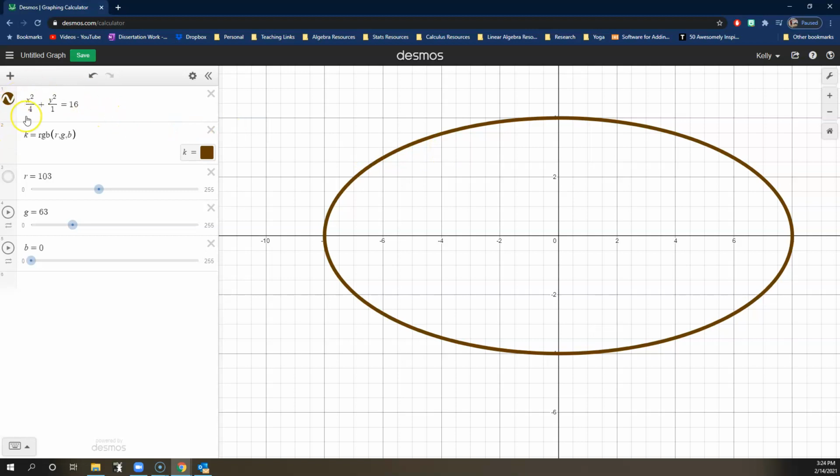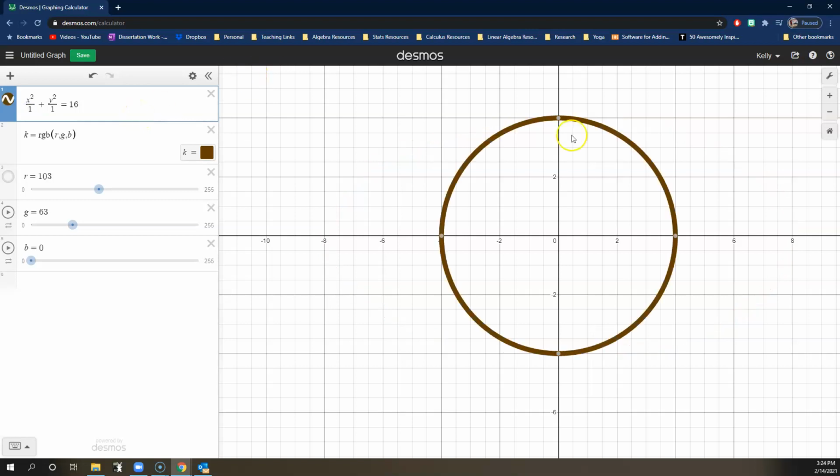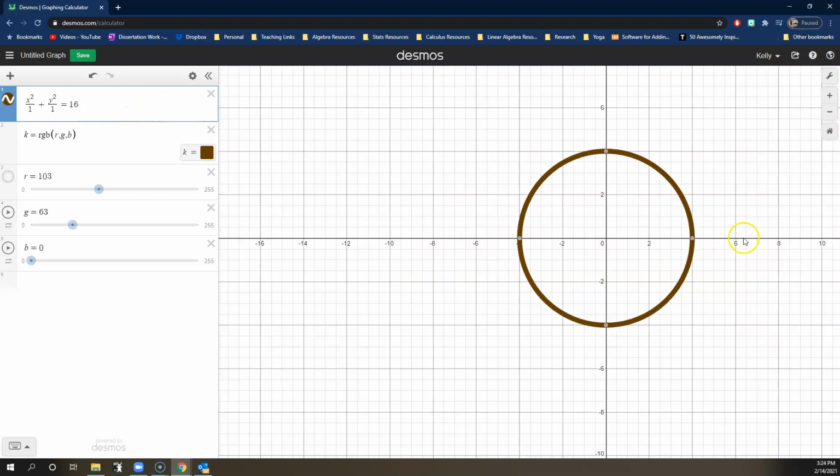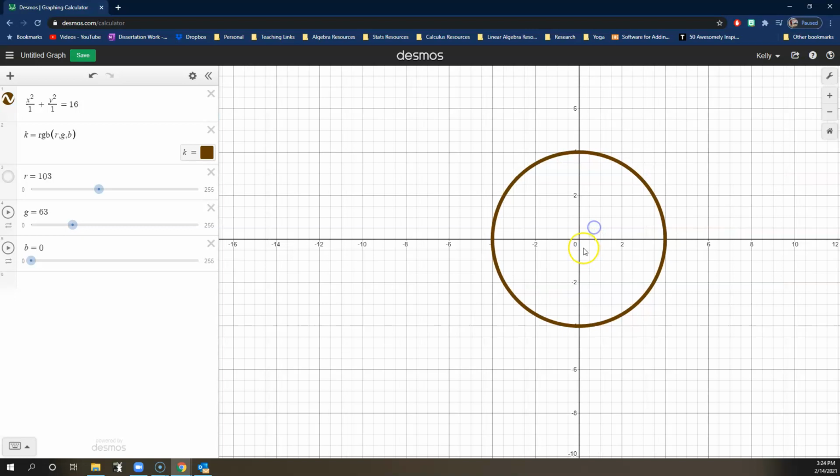Here I'm starting with an ellipse, which technically is a circle with a vertical, or in this case, I guess we have a vertical, trying to think of what you would call this because you have the 4 under the x. So this would have started as a 4, as if we had this as a 1, right? We would have had this as a circle centered at 0, 0 with a radius of